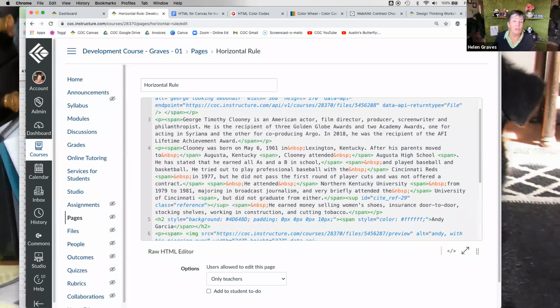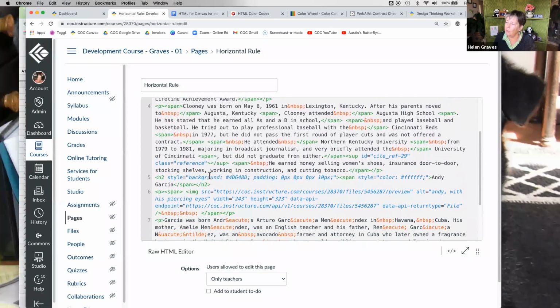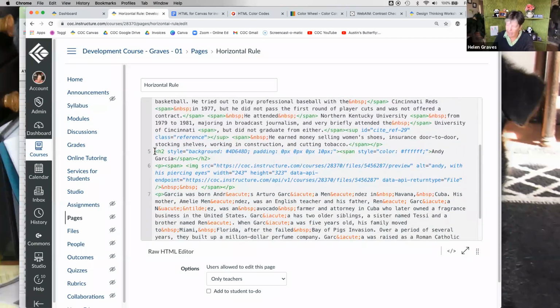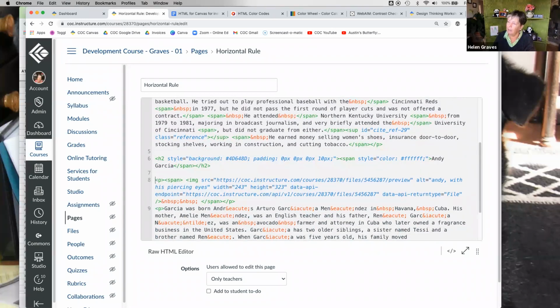The code elements within a tag are labeled. So for example, if I go down to that second heading that had the colored background, and I'll isolate it so you can see it a little better. You see it still starts with the H2, but then after it, it has a bunch of information. So right here is where it's indicating the background color. And then over here with padding is where it's indicating the amount of space between the edge of the background color and the text.